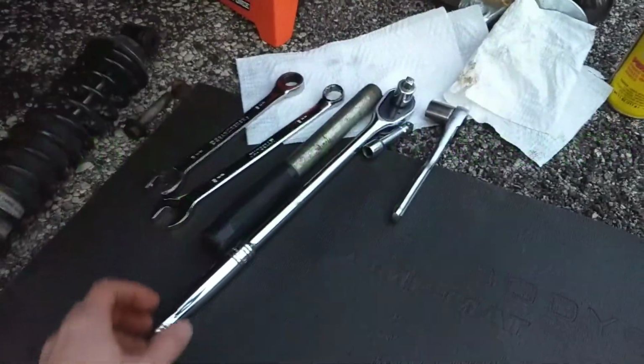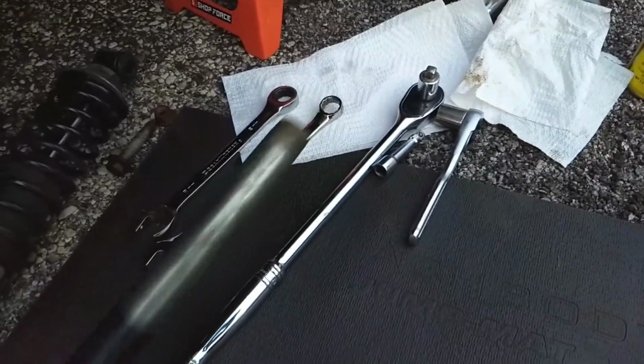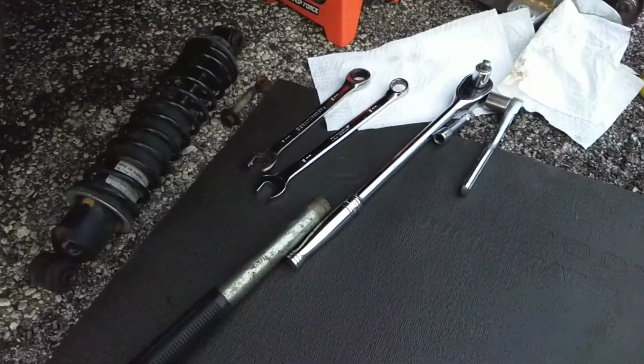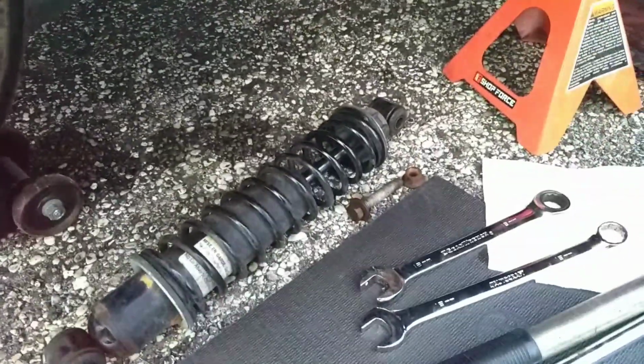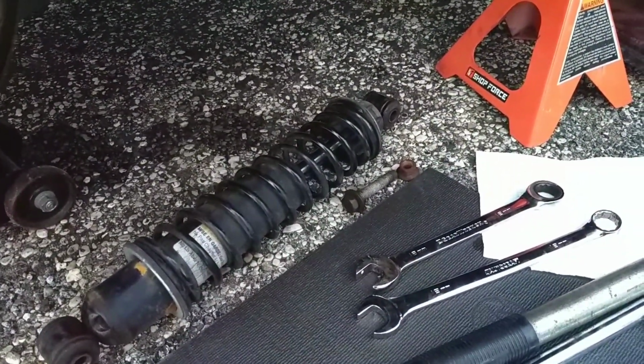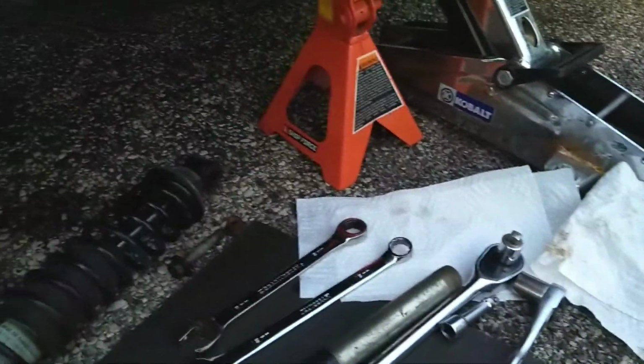Now, the good news is this right here is all you need. Maybe a lot of this, but this is all you need. And if you don't have a nice big ratchet, and to be honest, I'm using this with it to break off the bolts that I took this one off. They were a lot harder to pull back off than I expected. So with that in mind,